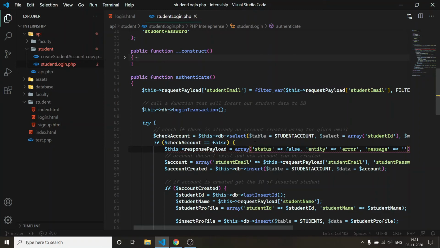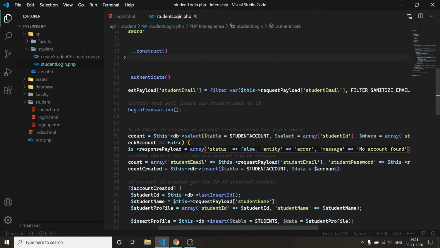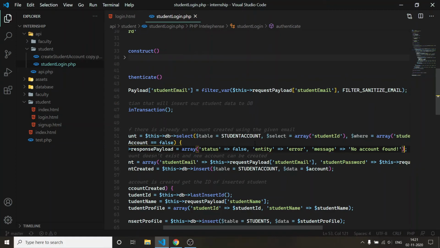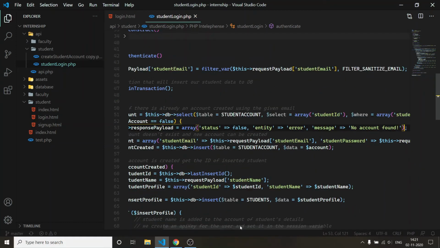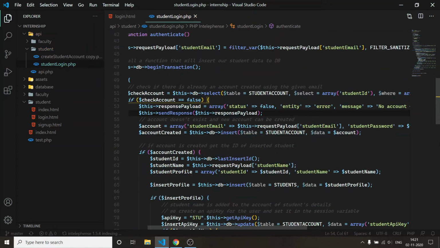So we'll say that no account found. This will be our message, and we'll have to send the response from here. So for that I'll do send response, and I'll pass the response payload. Fair enough.